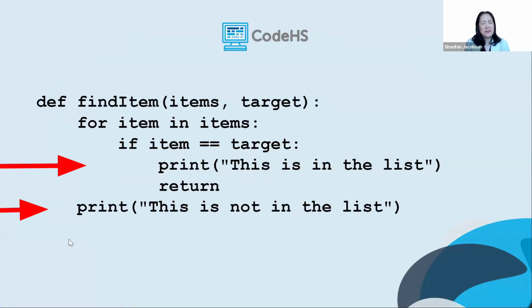This is the procedure that can earn the points for the procedure definition. If you look at it, this is the search algorithm, right? We use this all the time. Find item, where items is a list and the target is what we are looking for in each item. If it's equal, then it's on the list, else it is not. If the kids can analyze this, that's a perfect setup for this create